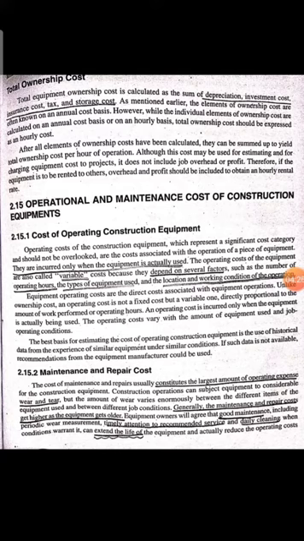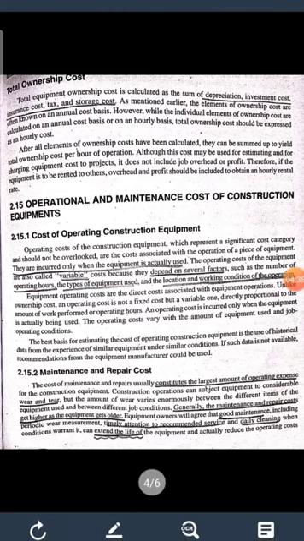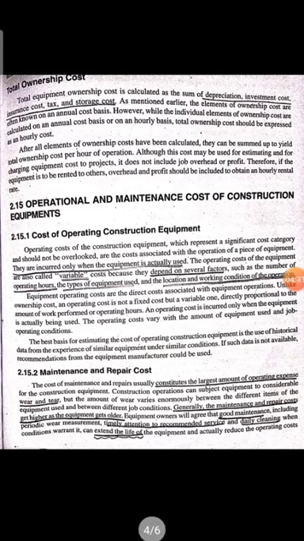So under this, we move on to the first topic, cost of operating the construction equipment. So they are incurred only when the equipment is actually used, this is a variable cost, as I have already told you. It is not fixed and it depends on several factors like operating hours, the type of the equipment used, and location and working condition of the operation.